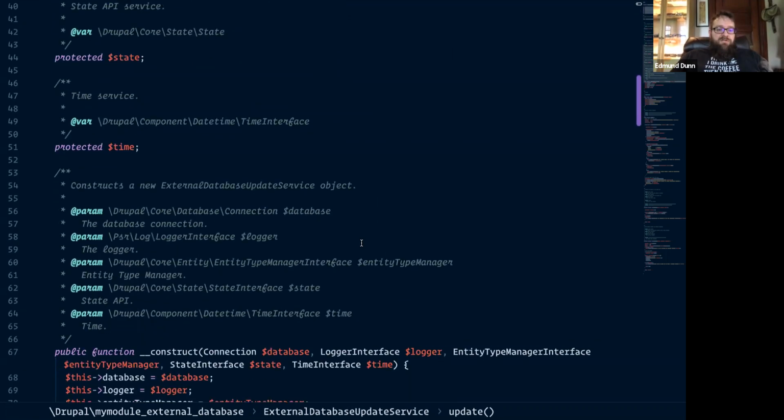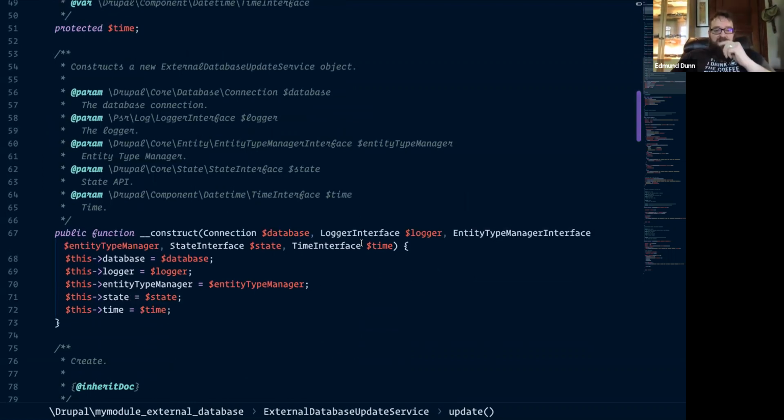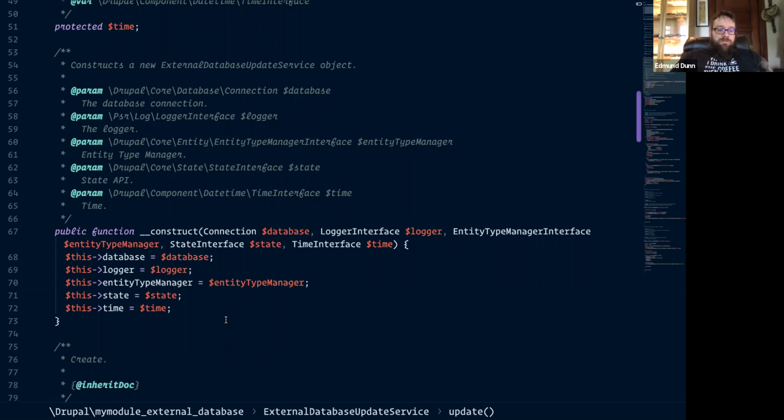We have our constants, and then down here is our construct function. Inside the constructor, you can see this is where we're connecting to those arguments that were passed in from the services.yaml file, following in the same order. Then we're bringing in our constants and telling what this is, so that we can use this inside of our class instead of having to go through extra hoops.